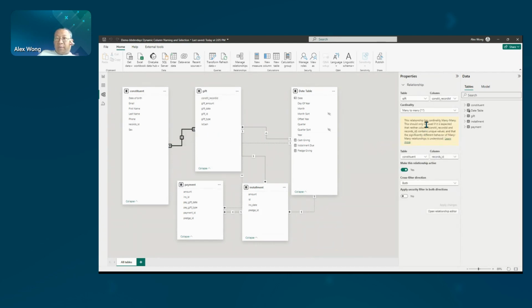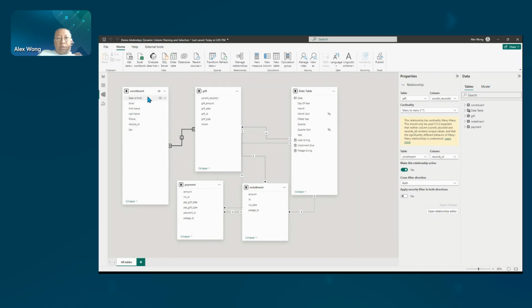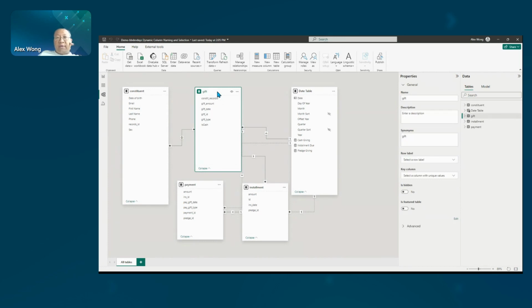I'm not sure what happened to the data after I updated it, but let's change it back to one-to-many. Something messed up in my data there, but I'm not going to worry about it right now because what I'm about to show in this particular session doesn't have too much of that concern. Hopefully it's not going to mess with my